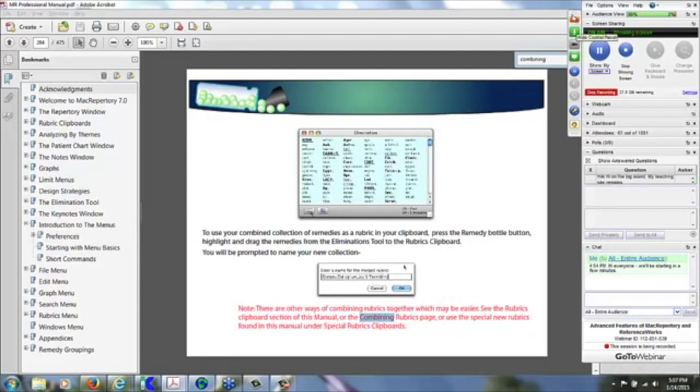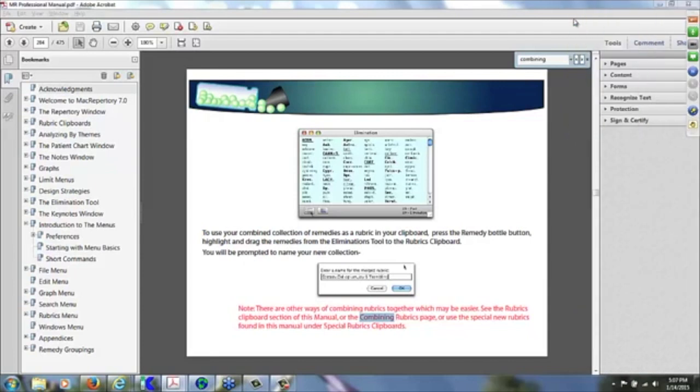Okay, great. So that's the built-in manual, and again, it exists both in MacRepertory and in ReferenceWorks. It's essentially designed the same way. So once you learn how to use the manual in MacRepertory or in ReferenceWorks, you can use it in the other program, no problem. To move from any open application, and this works both in Windows and in Mac, I